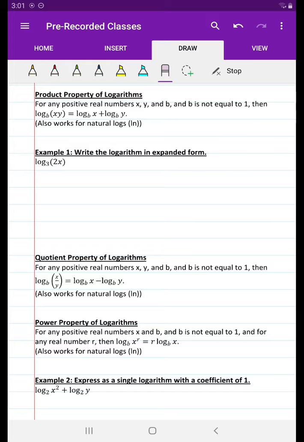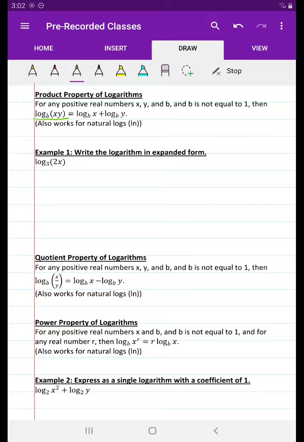So the first one is the product property, and what this says is that if x, y, and b are all positive, and b is going to be the base on our log, and then x and y will be parts of the argument of our log. So if all the numbers involved in this logarithm are positive and b is not equal to 1, then if x and y are multiplied by each other and b is the base, you have something that looks like this. If you have log base b of xy multiplied by each other,